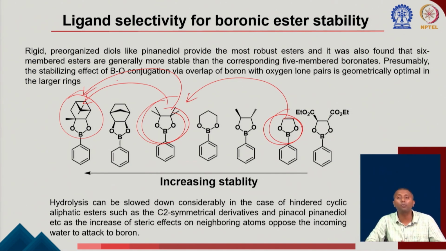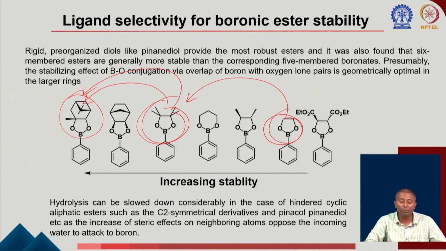Why does the boronic ester become unstable? Because the boron-oxygen bond can be cleaved through some sort of transesterification. That means we have one ester, and now you can bring in another 1,2-diol, which will form a more stable boron ester. Then they can replace the less stable boron ester with a more stable boron ester